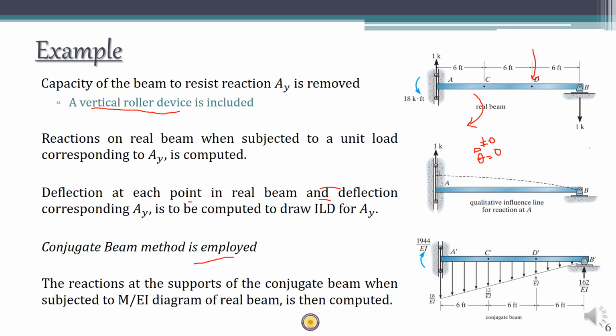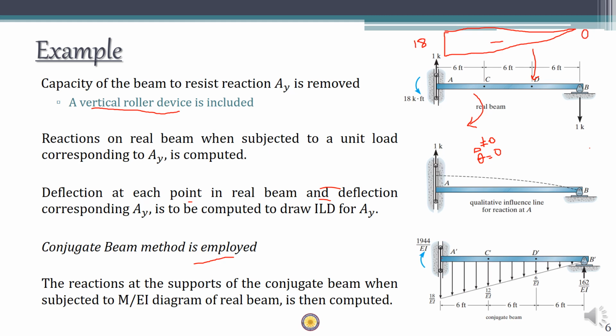So now we load the conjugate beam with the M by EI diagram of the real beam. You have to draw the moment diagram of the real beam, which is nothing but an inverted triangle, something like this, right? This value is going to be 18, this value is going to be 0, and everything is negative, right? 1 into